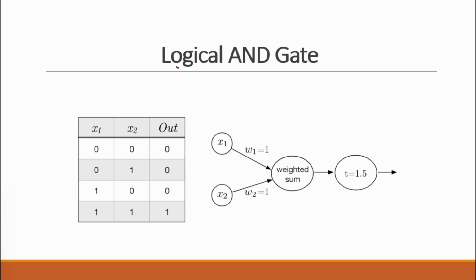Now here's an example of a function that you can implement with this McCulloch-Pitts neuron. If you set these weights to 1, then our weighted sum is just x1 plus x2, and if the sum is bigger than 1.5, then it returns a 1. In this case, 1 plus 1 is 2, which is greater than the threshold, so you return a 1. Otherwise you return a 0, because if only one of the two is 1, then you won't reach the threshold value of 1.5, and the output is 0. This would be an AND gate.